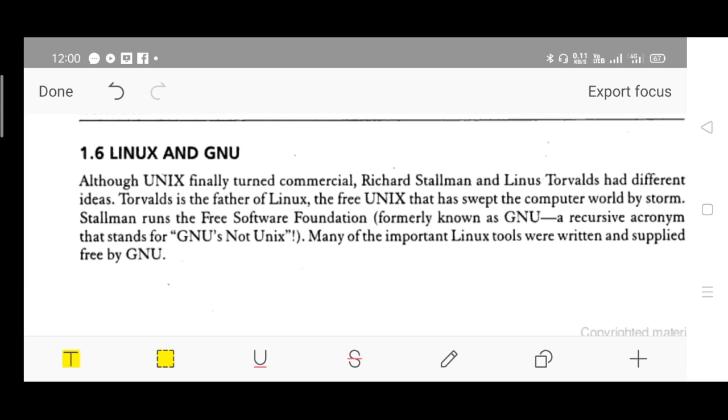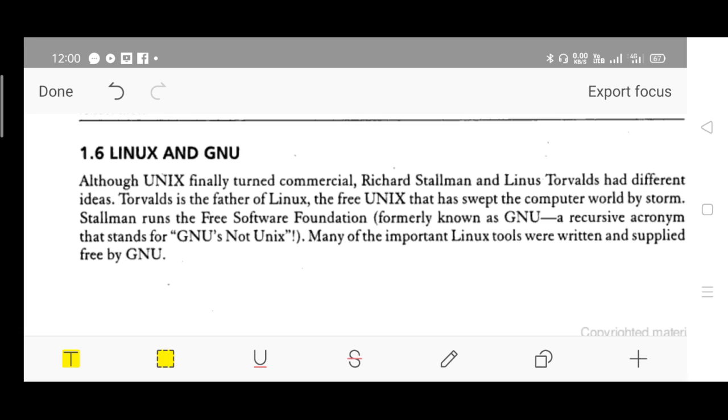Next is Linux and GNU. All the Unix systems finally turned commercial. The implementers, Richard Stallman and Linus Torvalds, had different ideas. Linus Torvalds is called the father of Linux, which is why the name is Linux.